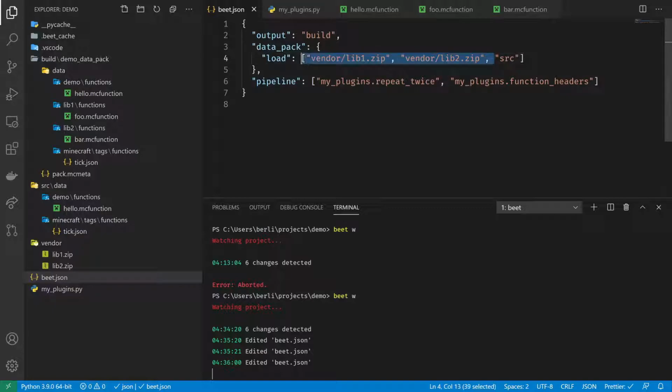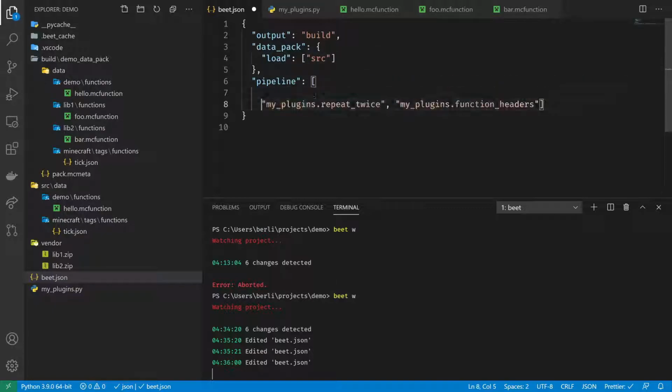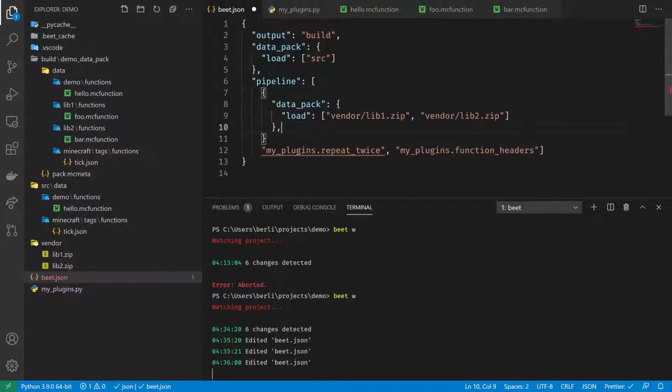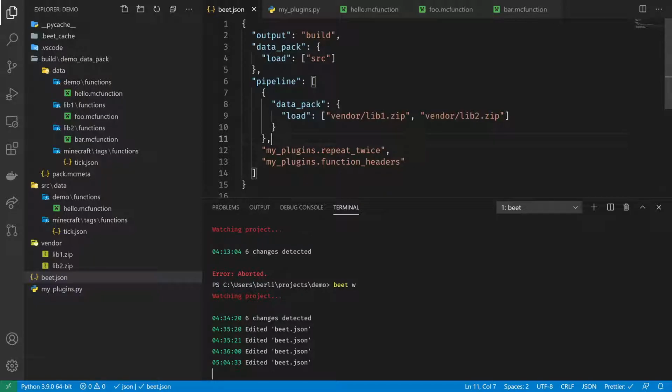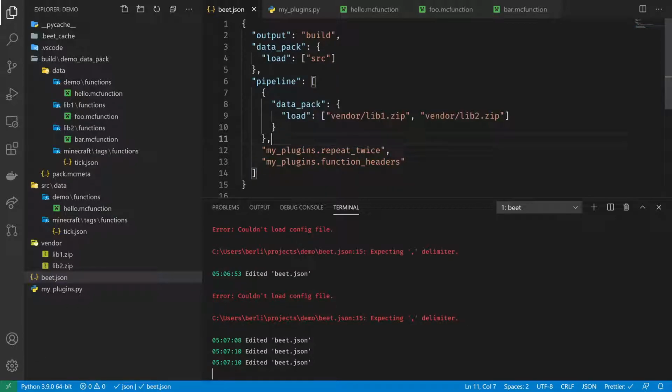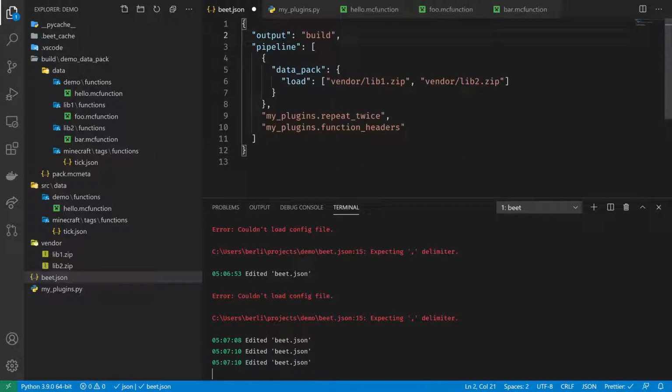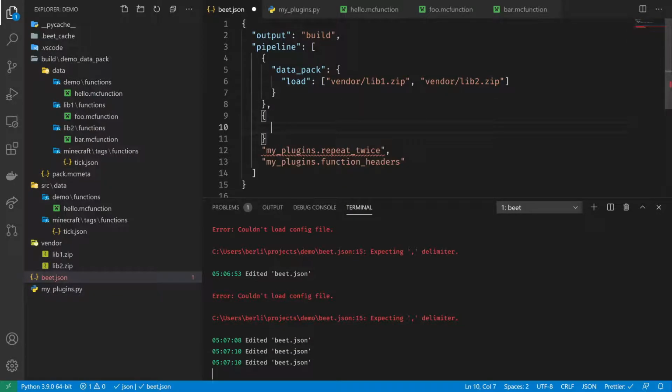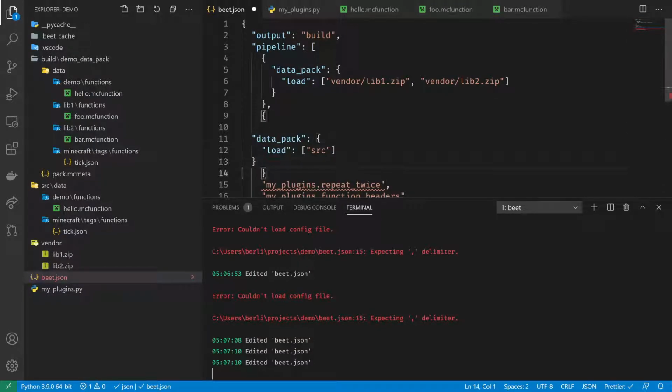Instead of loading my data pack libraries right here, I'm going to load them inside of a sub-pipeline. So this is what a subpipeline looks like. It's exactly the same configuration structure as the beet.json file, but anything that you do inside of this pipeline will not leak outside of the pipeline. So because I want to isolate my src folder from the libraries, I'm going to load it inside of a subpipeline as well,